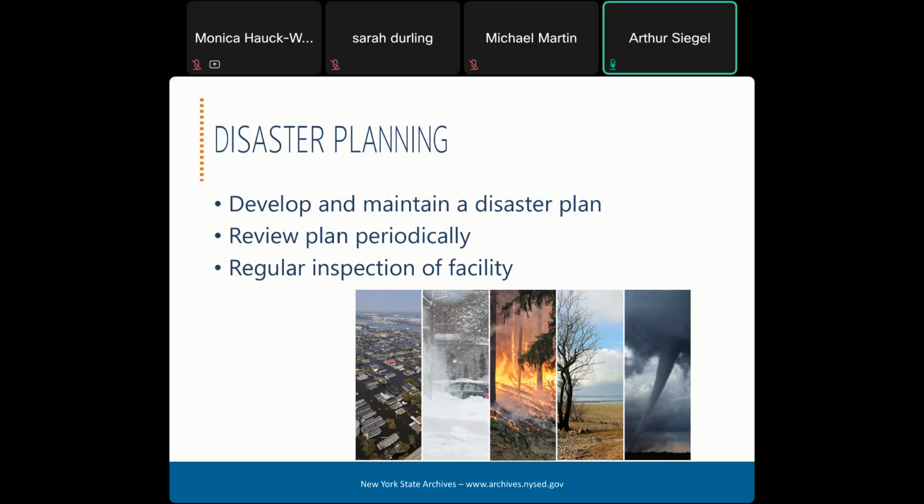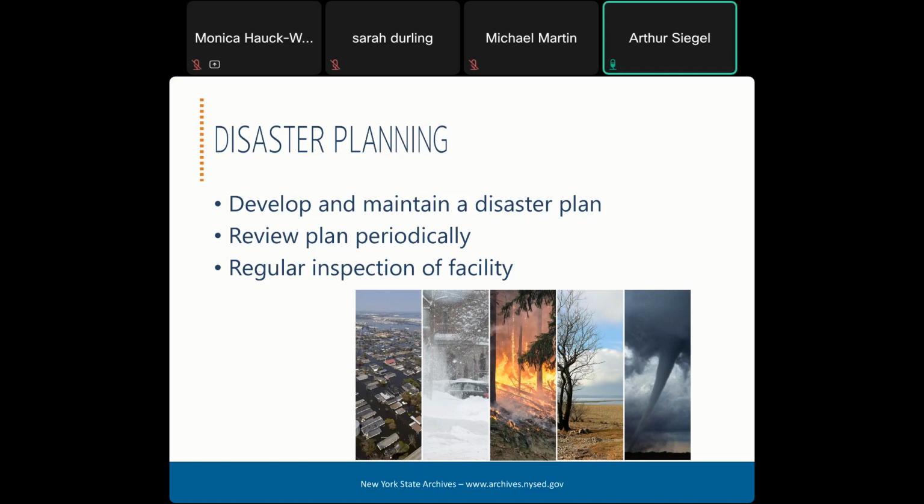But first, you'll need to decide who's going to be responsible for writing your organization's disaster plan. If you don't have the time or expertise, or if you prefer to use an objective outside expert, you can hire a consultant to prepare the plan for you. You can also write the plan in-house. If you do, first form a planning team that includes your records manager and, if possible, staff from IT, facilities maintenance, finance, planning and development, and others. I won't go into details here since we do have a publication available on our website that provides an in-depth description of how to develop a disaster plan and what it entails.